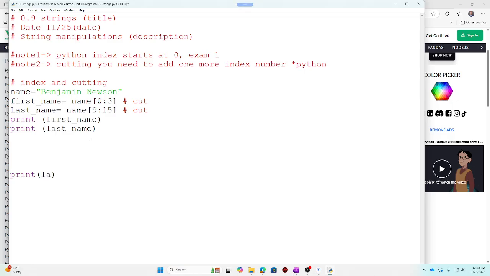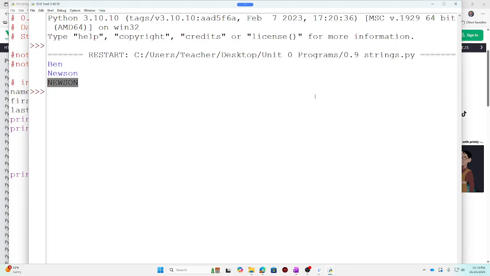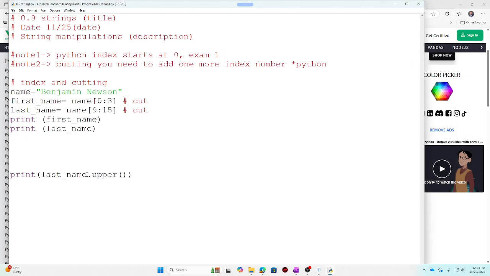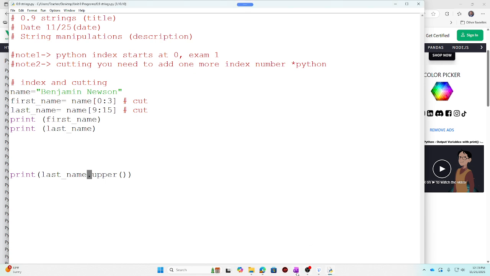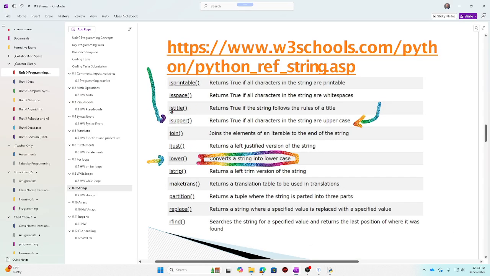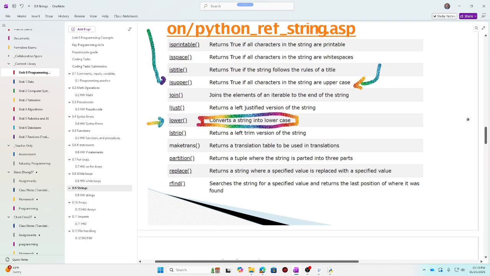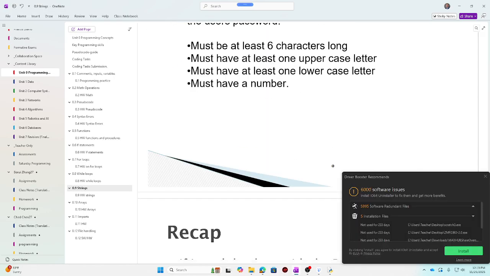So I have last name dot upper, but inside you need to put these two brackets right here. Let's see if it works. There we go. Okay, so these are called functions, and I know that they're functions. The dot represents a function within the function, like a module. And there's a whole bunch. You can check out the PowerPoint. There's test, there's joining, and in the pseudocode, they also have the same thing.